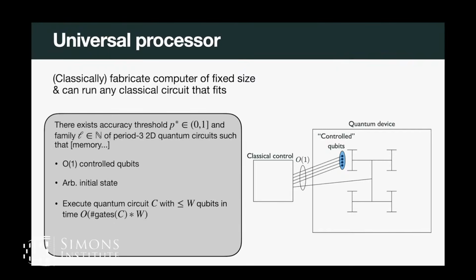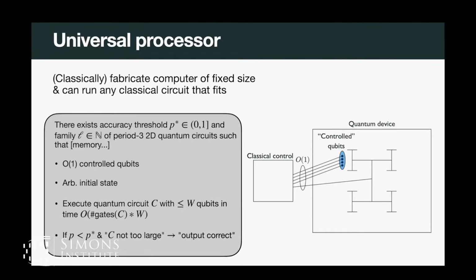But it's something like this, right? So this is pretty slow, and I'll get to that in a minute. And then we also have our threshold statement: if your error rate is below some critical value and your circuit's not too large, then you get correct output, even in the presence of some amount of local stochastic noise. Great.